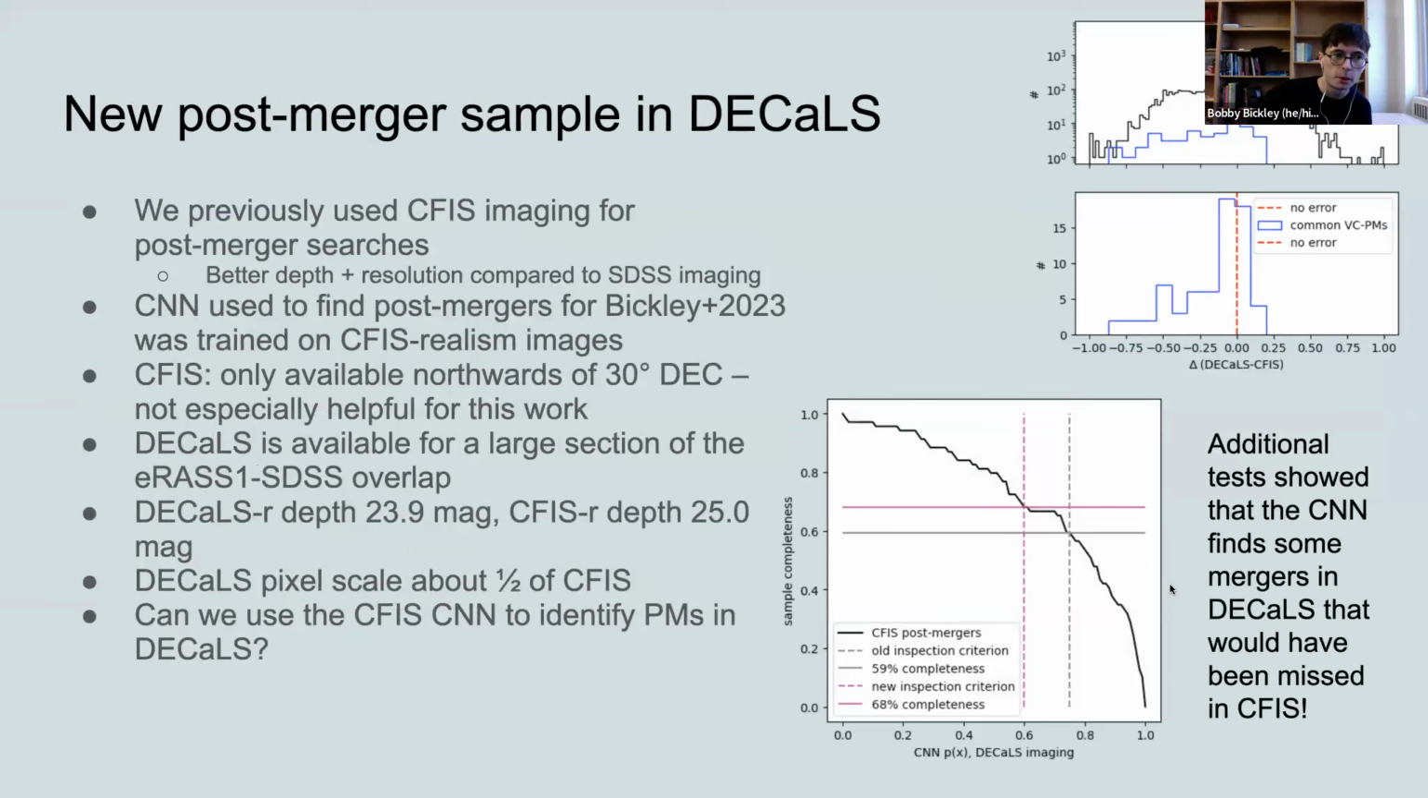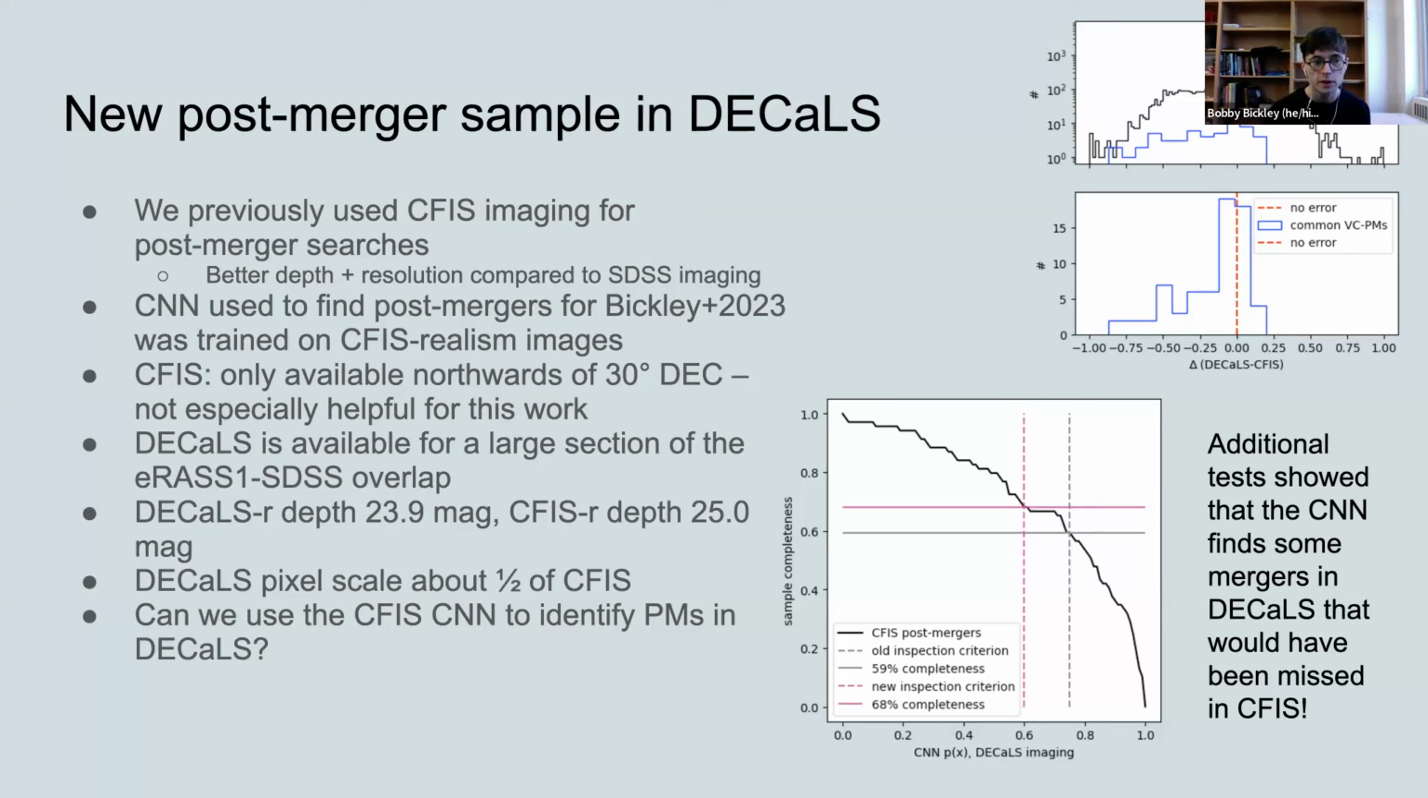So this new post-merger sample that I mentioned, on one of the first slides, I showed that flow chart that was describing how I identified a post-merger sample in the Canada-France Imaging Survey. And both CFIS and DECaLS, the imaging that I'm using for this study, have better depth and resolution compared to SDSS. This basically allows us to see, in a lot of cases, the merger-induced morphologies that we're looking for in these galaxies. So first, we trained this convolutional neural network, this machine learning model, and applied it to the Canada-France